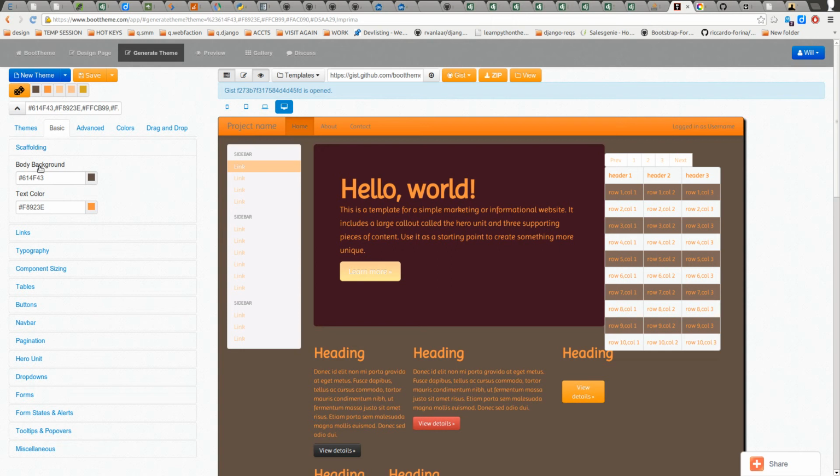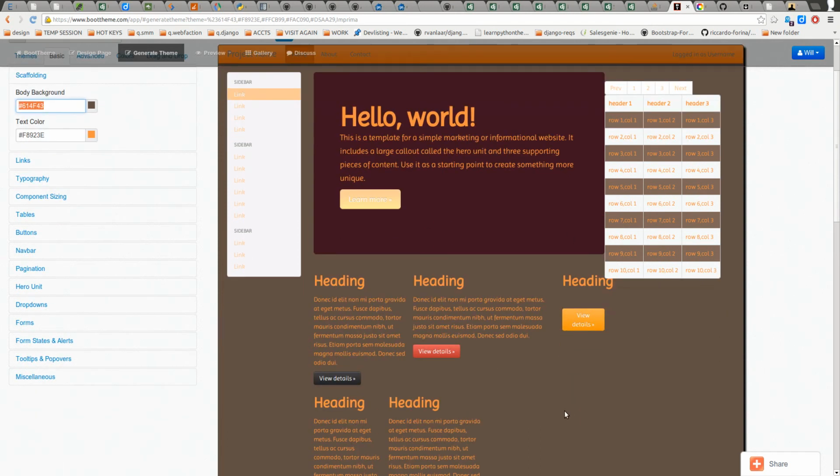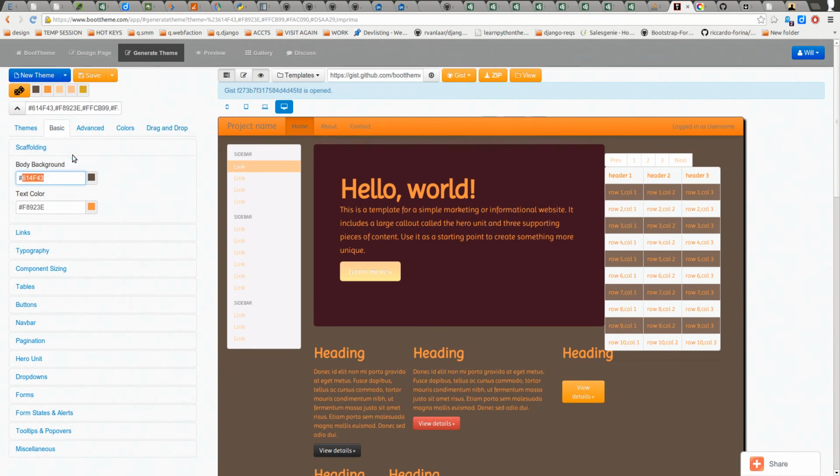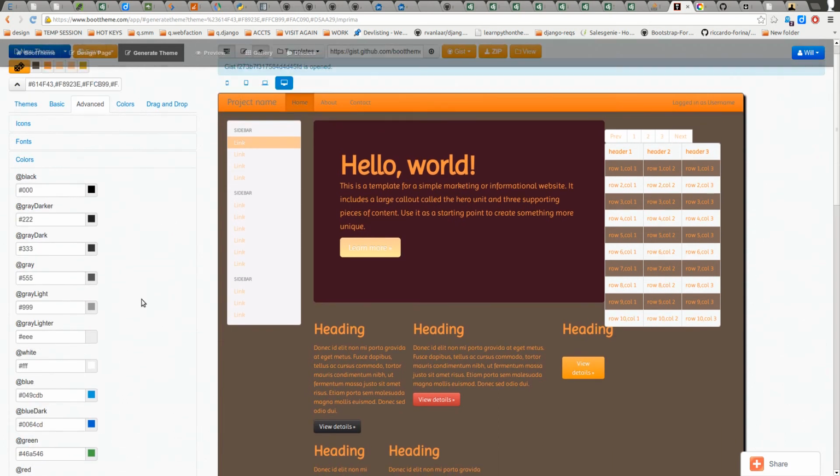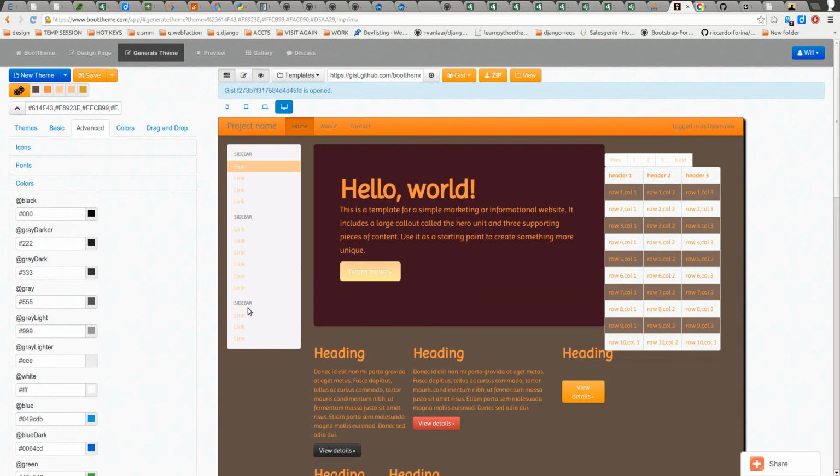The body background, right here, the first one, will affect the entire site's default background unless otherwise specified by a class or an ID or something. So the body background I have set to this one. You know what I would actually recommend starting with is advanced, instead of starting at basic. Starting with advanced, yeah. And there's a reason,